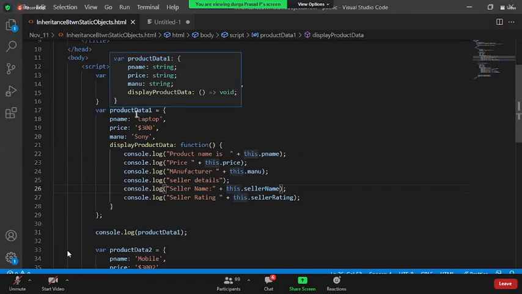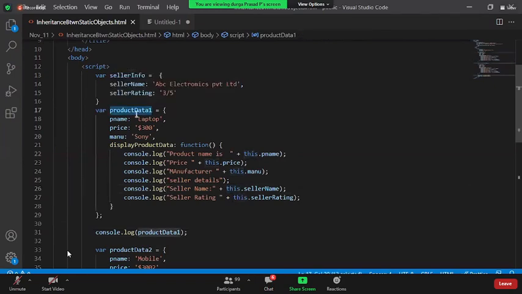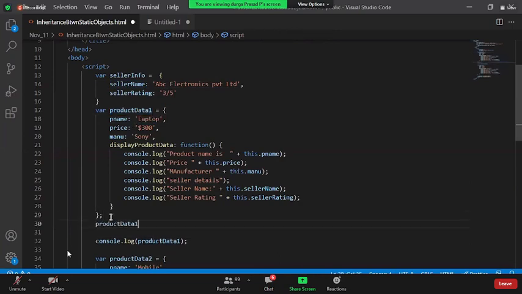Product data one. I would like to extend the behavior of the product data one object to not just point to its own properties, but to also point to the seller info object's properties. So how do I do that? I simply say productData1.__proto__ is equal to sellerInfo.